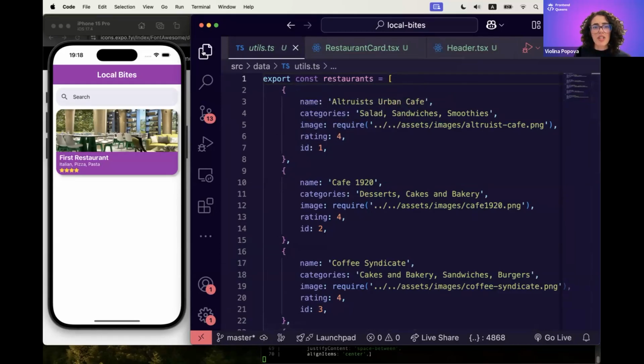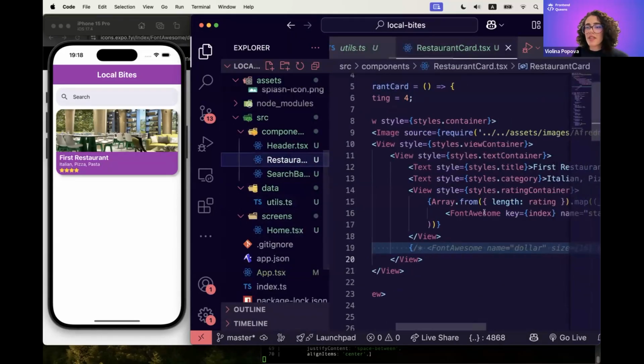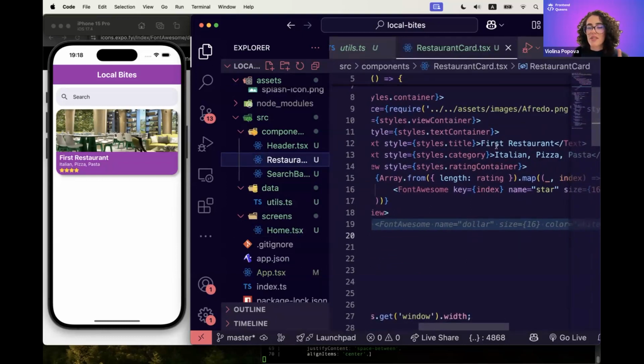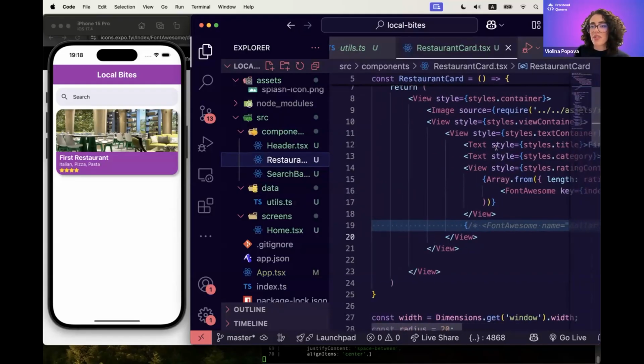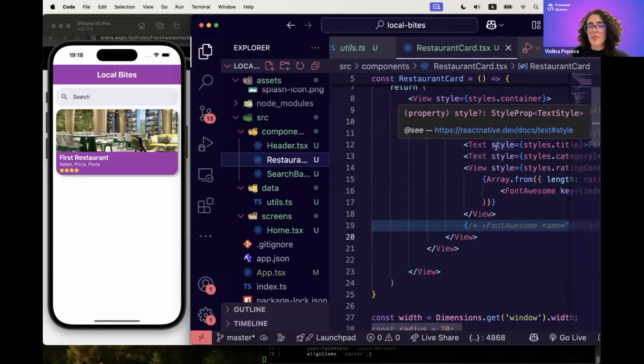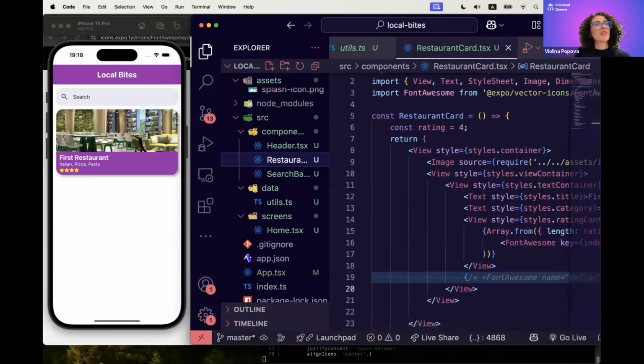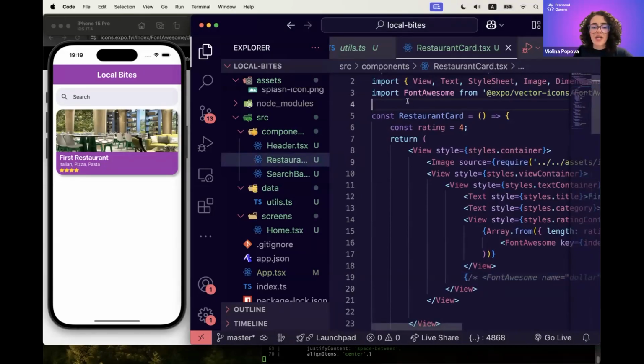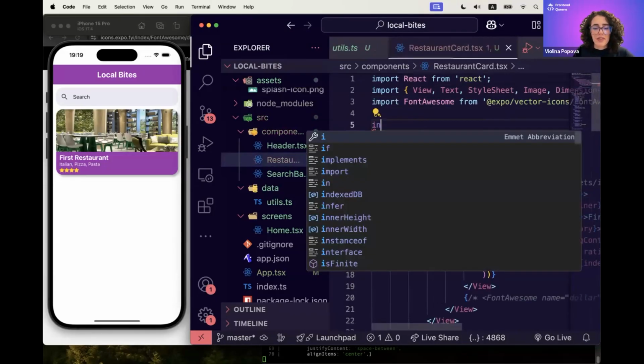And actually, instead of passing these names, and now I will just pass the title, category as a prop, also an image. And maybe the first thing actually before creating the flat list is to create the interface for the restaurant card. And